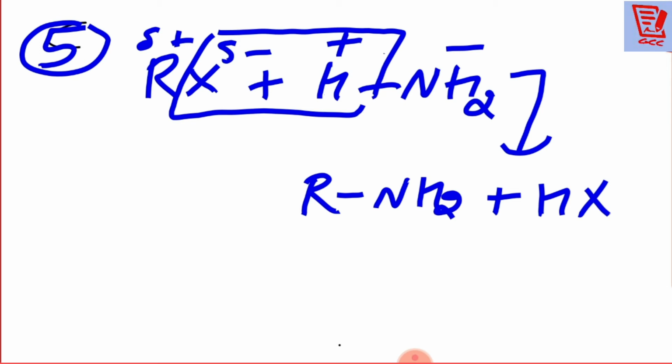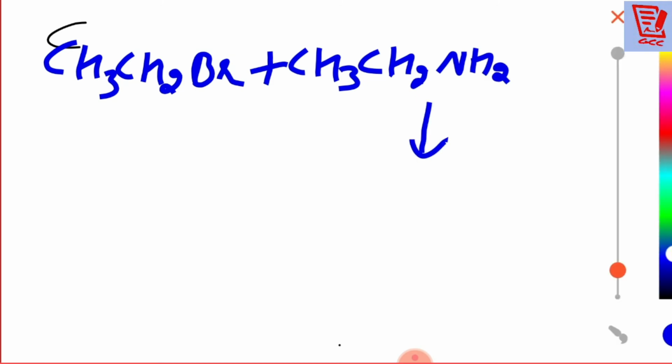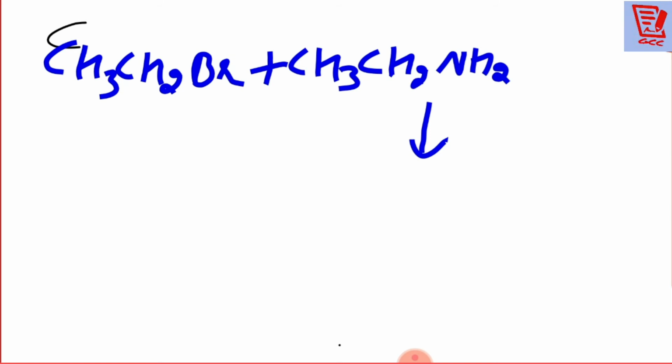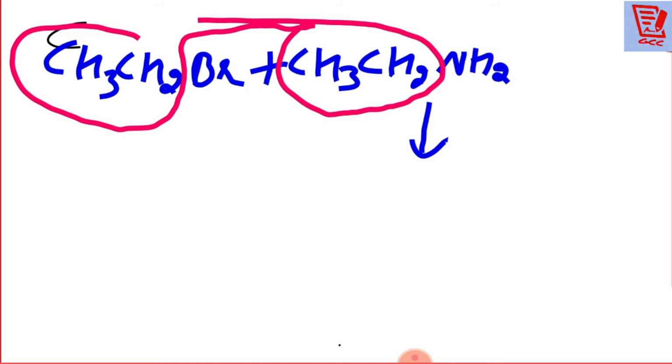Sometimes when we take the haloalkane in excess, then what is going to happen? You must see, all of you. It is also a very important reaction. Suppose here I am taking CH3CH2Br, and here CH3CH2NH2. Now you know very well what will form. What will be formed here? Yes, tell me. Here this CH3CH2 and this one will be combined.